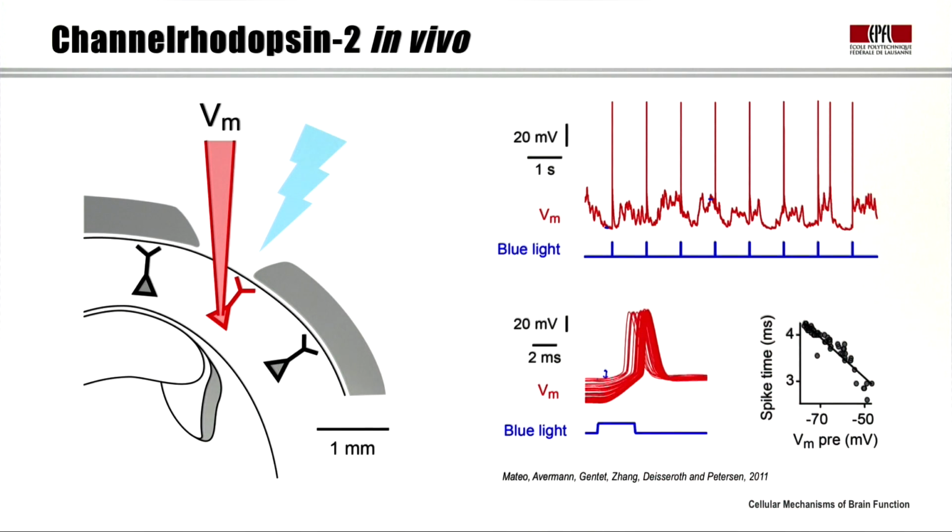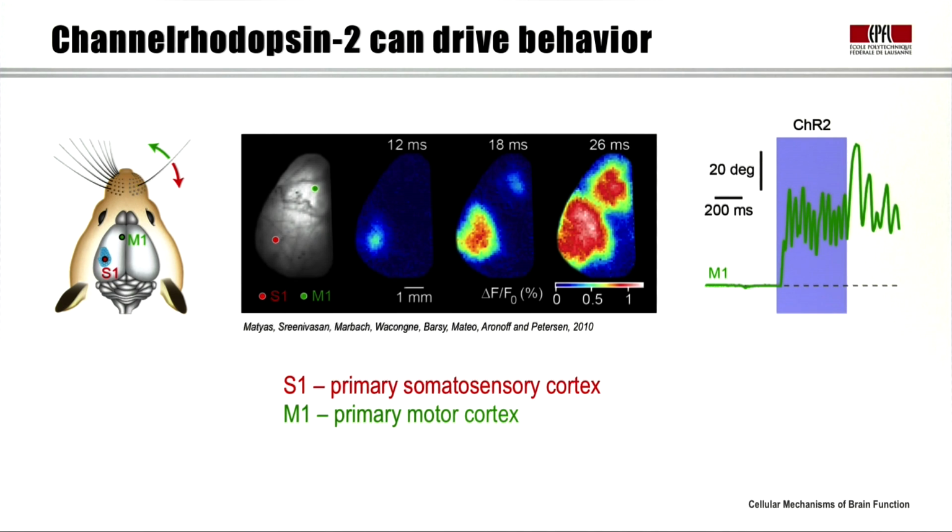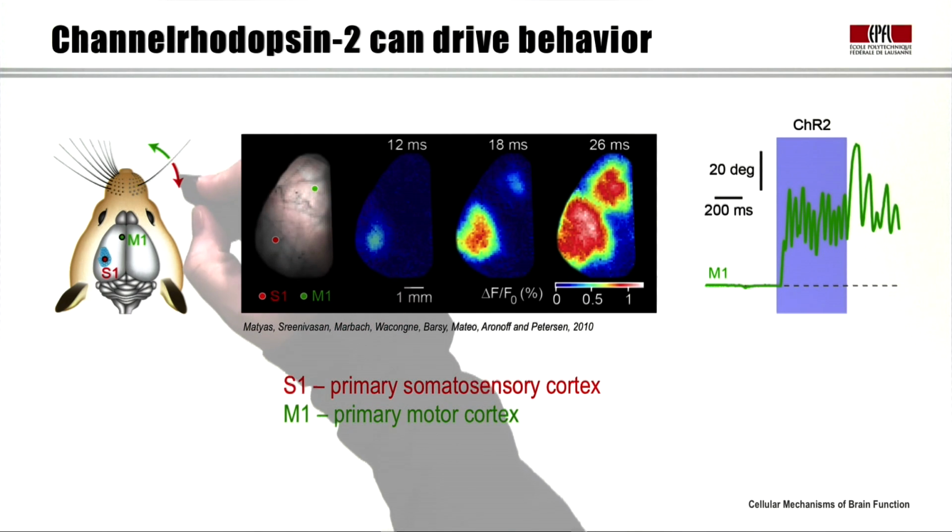And so channelrhodopsin 2 turns out to work extremely robustly in vivo. A next question one might ask is whether stimulation of neurons with channelrhodopsin 2 can drive a behavioral output in the mouse. And an obvious place to look then for optogenetic influence on behavior is by stimulating the motor cortex. So we investigated here in a system that we've already studied in some detail, the somatosensory whisker signaling pathway,